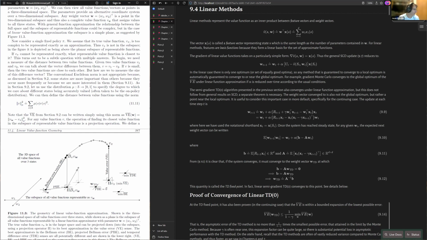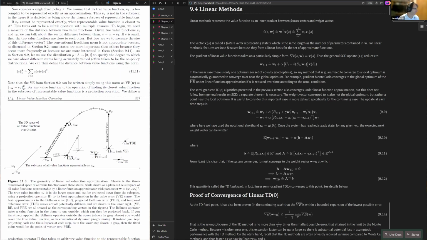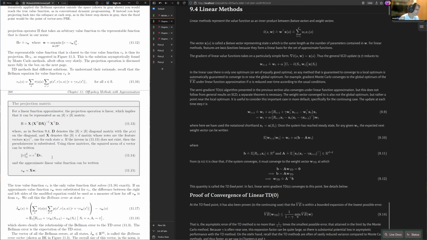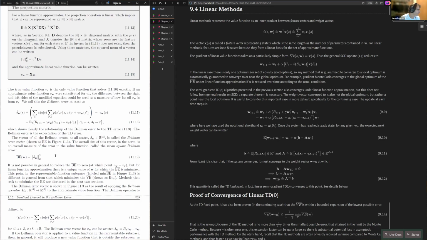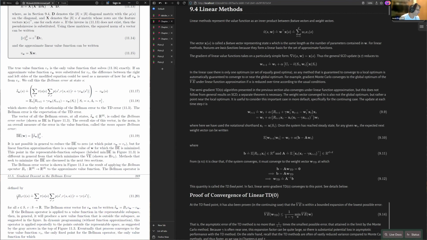And what's also shown here is that if we have some arbitrary approximation, that's going to be some arbitrary point in the plane. Then we apply the Bellman operator to this. Again, we hadn't really looked at it as an operator before; we had looked at it in terms of what happens at each state. But remember, the Bellman operator on a state